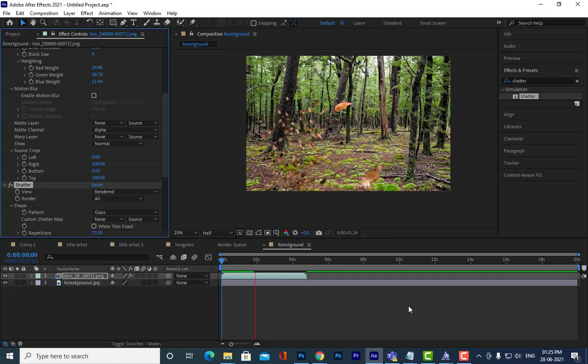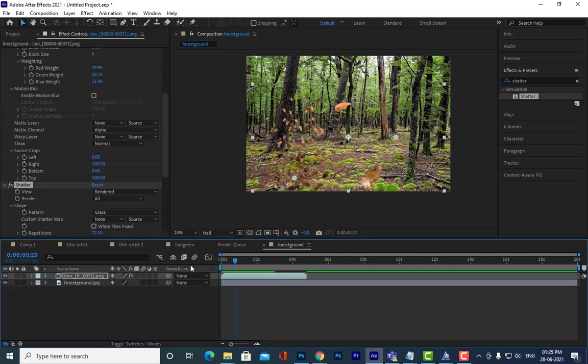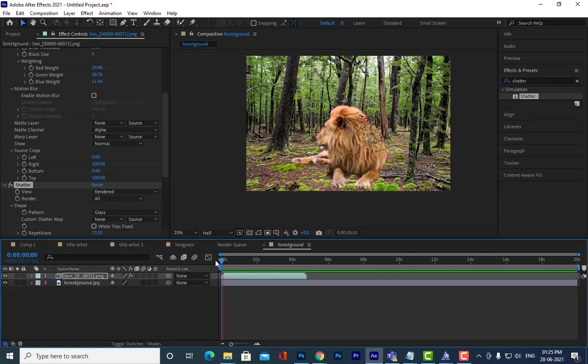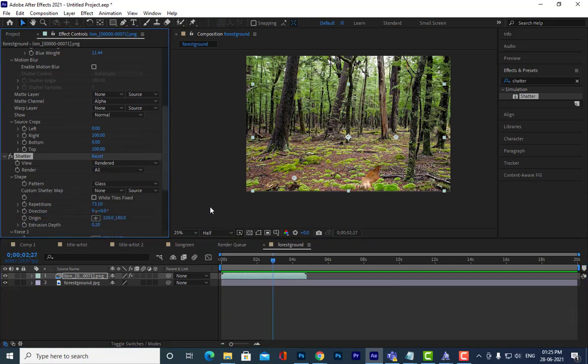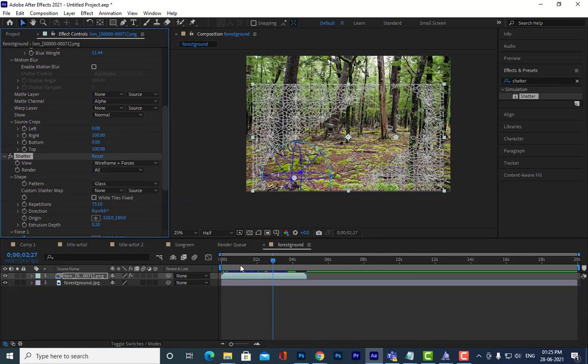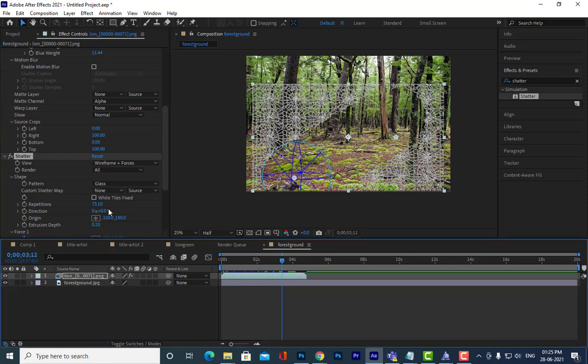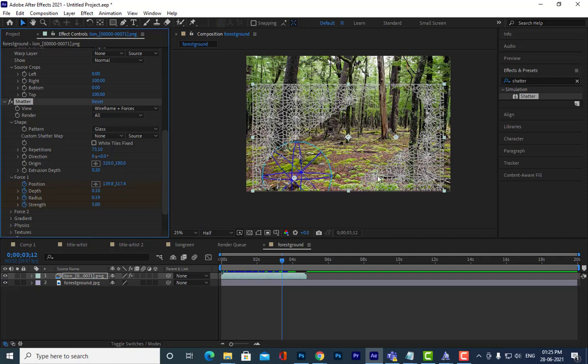See, are you able to understand, everyone? Yes, sir. Something like, in some movies they will show you that some creatures will disappear. And here you can do one thing, you can increase the radius also. Means if you want to completely hide this lion also, here you can put this one, and you can move this. So you can change its direction to this side also. How? Just by using the position value.